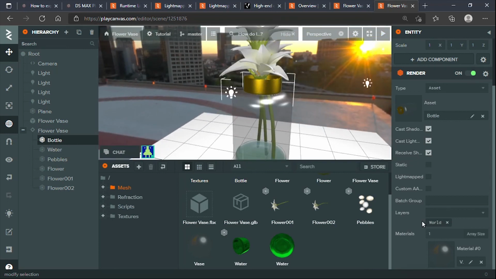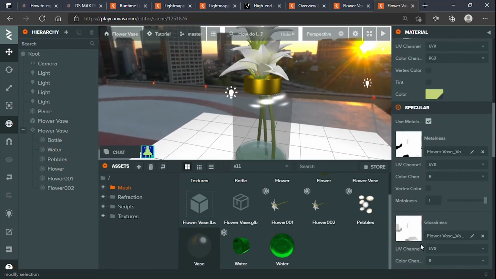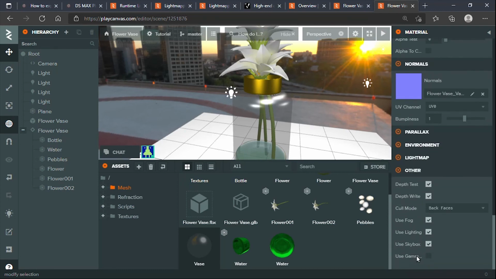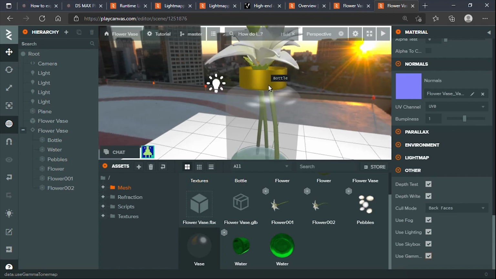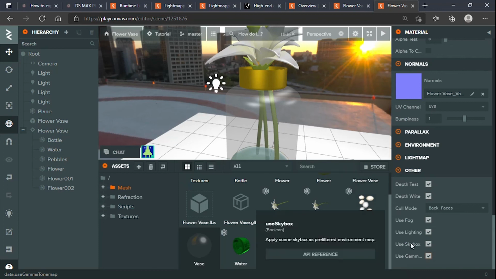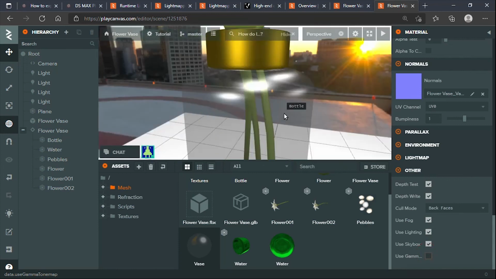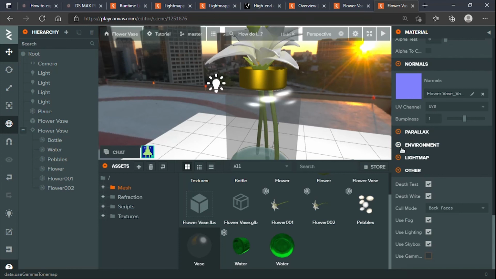Now you can see. Did I uncheck gamma on this? Let's come and see. Okay, so this is the difference. If I turn on gamma, it all has a white tint and it doesn't look like a metal. Right? Metals are not that way. So even for the glass, glass also has a metallic property. So that's why it reflects better. So if I uncheck gamma, and also the opacity